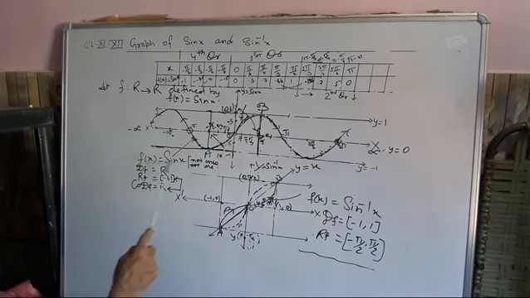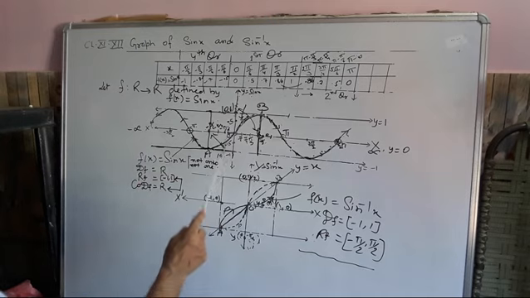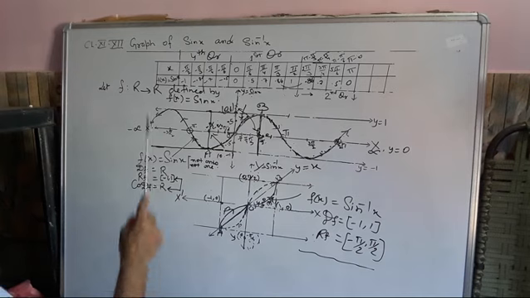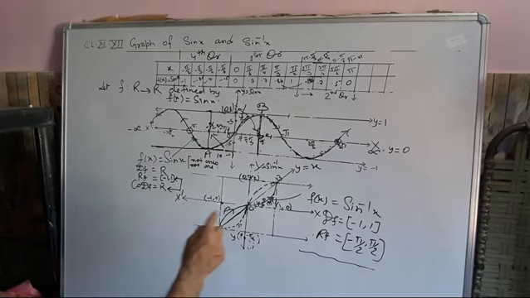So the domain of the function f(x) equal to sin x is the real numbers. The range is on the y-axis, minus 1 to 1, and the codomain is given as R. So here we find the range of the function is not equal to the codomain. That is why this given function y is equal to sin x is not onto in this domain.